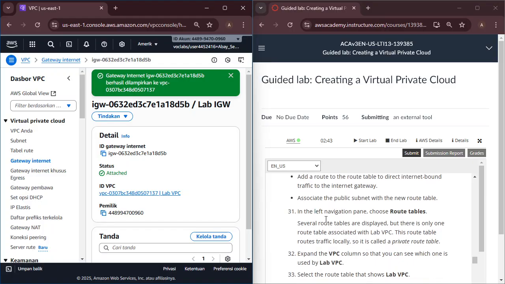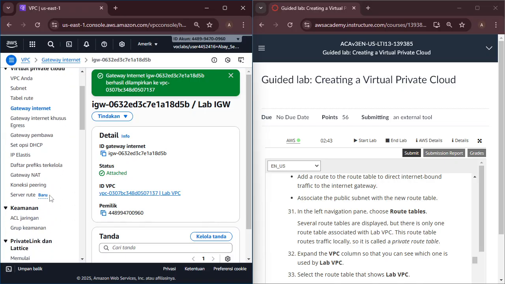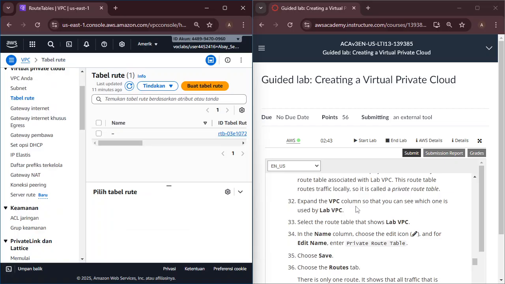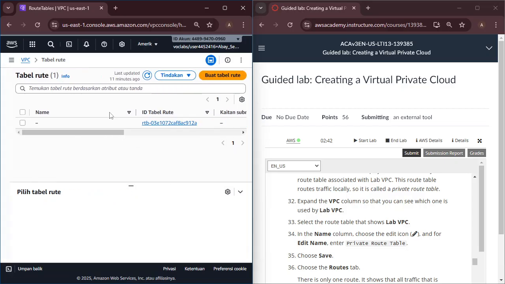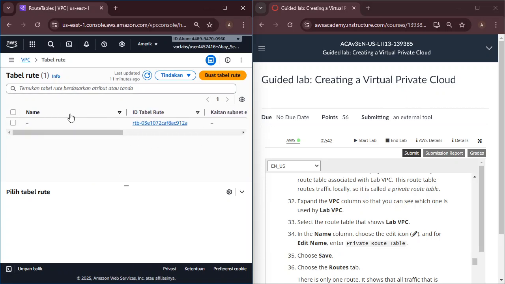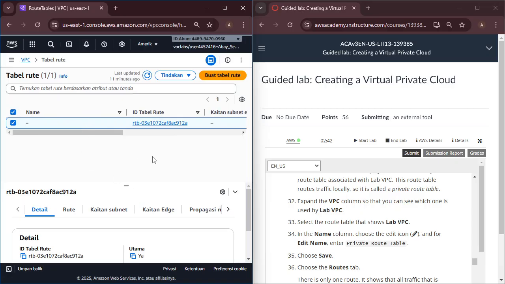Okay. Next, on the left page, we choose Route Tables. Expand the VPC column so you can see which one is the VPC in use. Okay, this one we use. Inside the route table, the actual VPC.